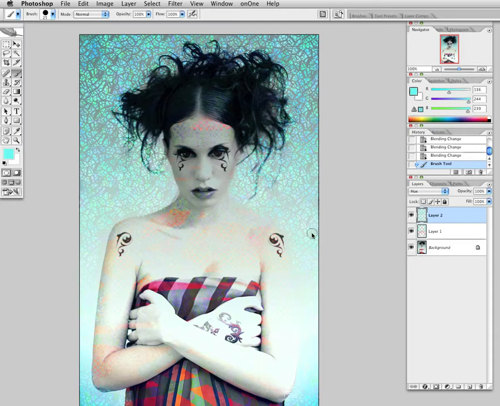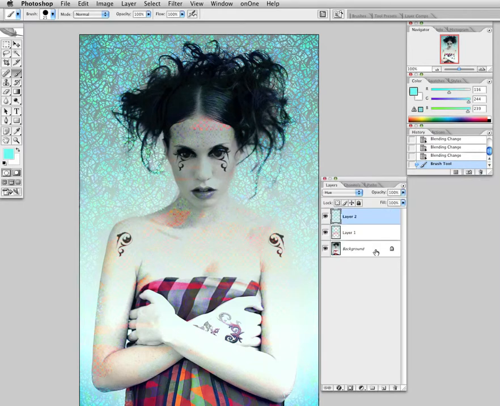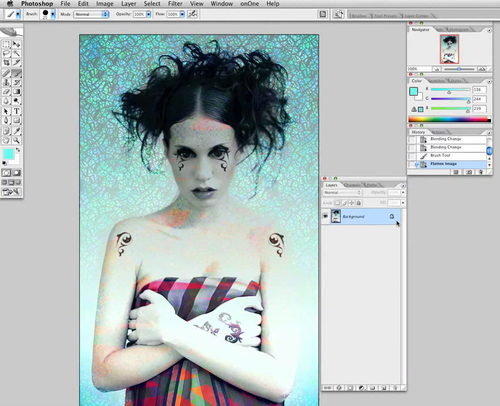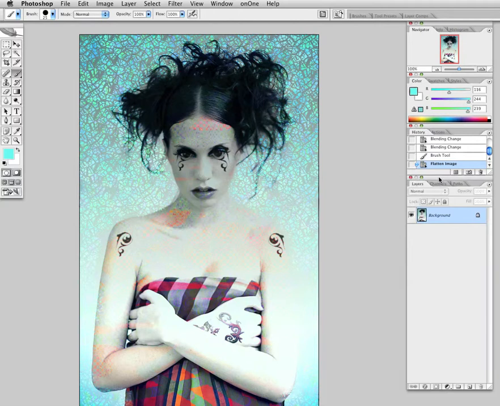And let me just show you one other element here. Here we have all these. Let me see if I can flatten these. Okay, let's undo that, so you can see what I just did. Here I have 3 separate layers. I'm going to go ahead and, if you pop out this menu here, one of the options is to flatten the image. You can see they all go to 1 layer here, and that's great for reducing the number of bits or bytes of your file, and it allows you to apply different filters